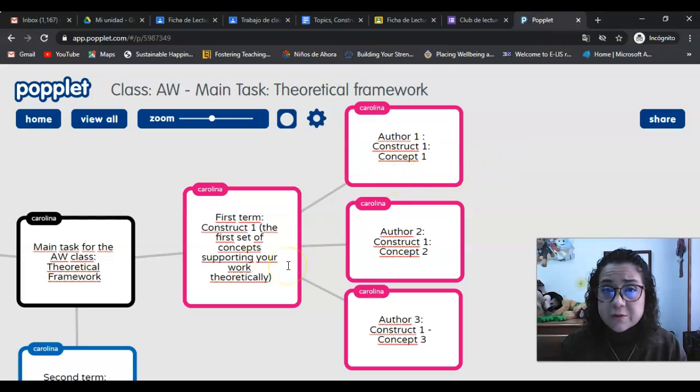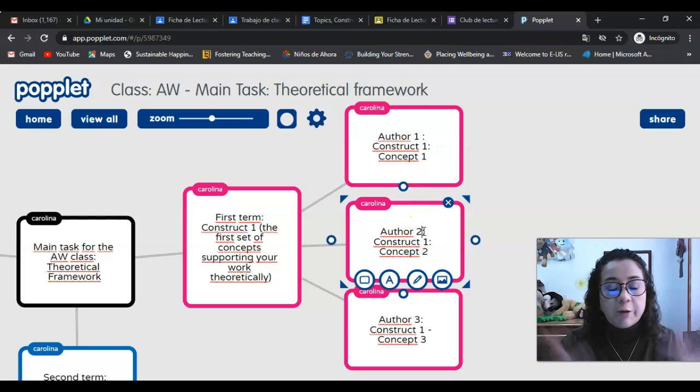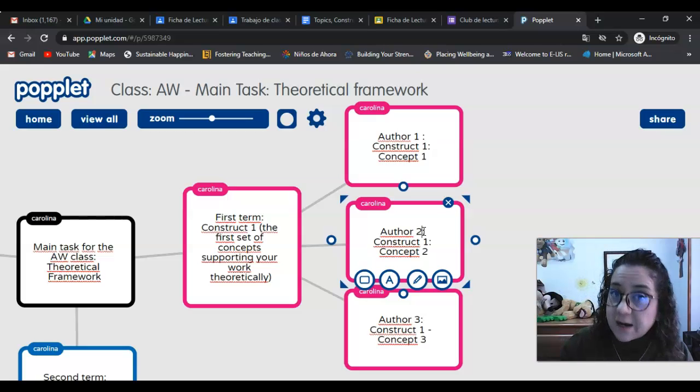So how do we construct this? We do 3 readings. I instructed you to find 3 theoretical framework readings for each one of the constructs. So in this moment, let's say Julio is working on the anxiety topic. Author 1 is going to talk about anxiety in general. Author 2, Lopez, is working on anxiety in public scenarios.